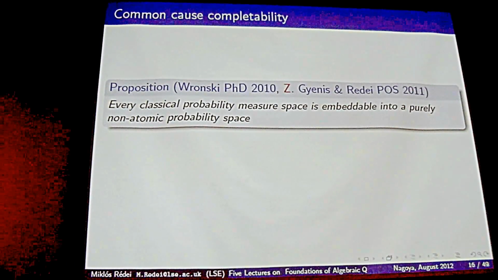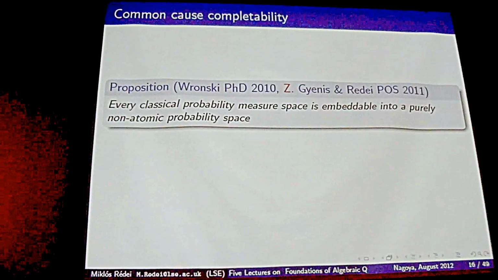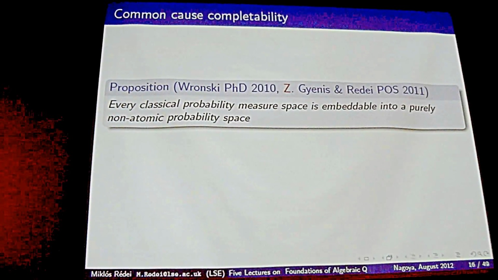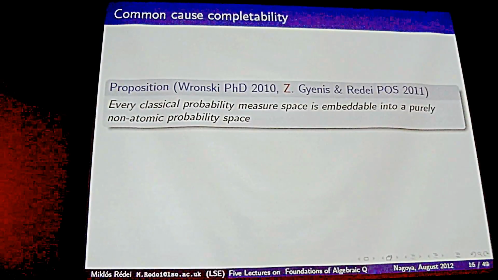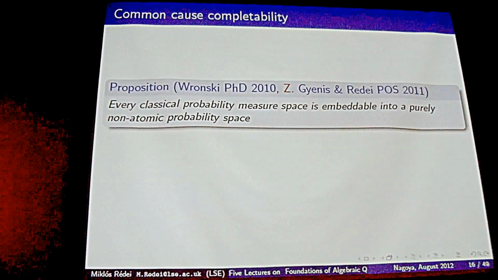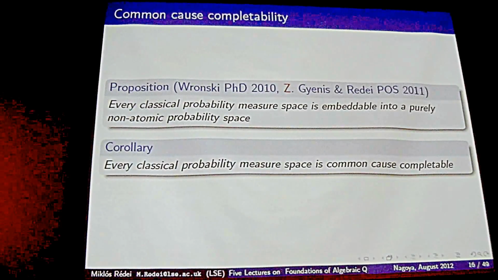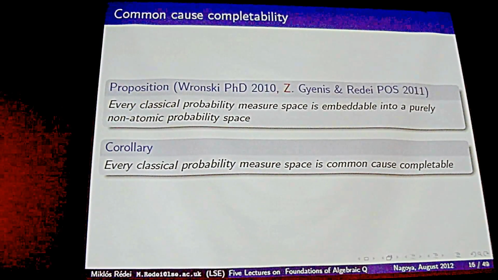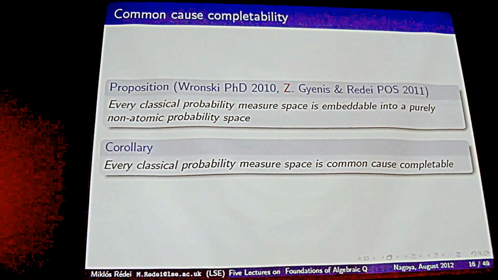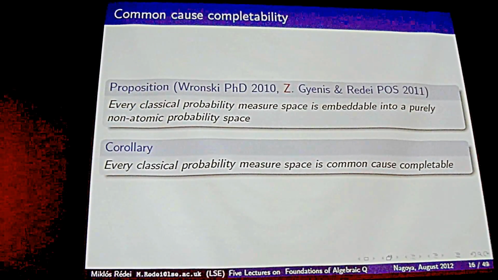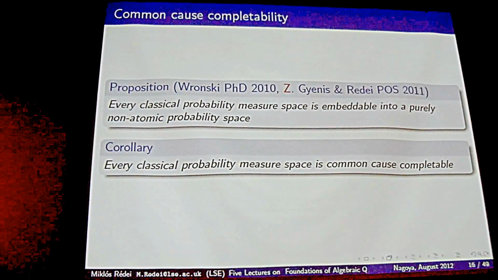There's a more general, more powerful statement to that effect, and it is the following. Every classical probability measure space is embeddable into a purely non-atomic probability space. And since purely non-atomic probability spaces are common cause completable, every classical probability measure space is common cause completable. The significance of this is that the strategy which